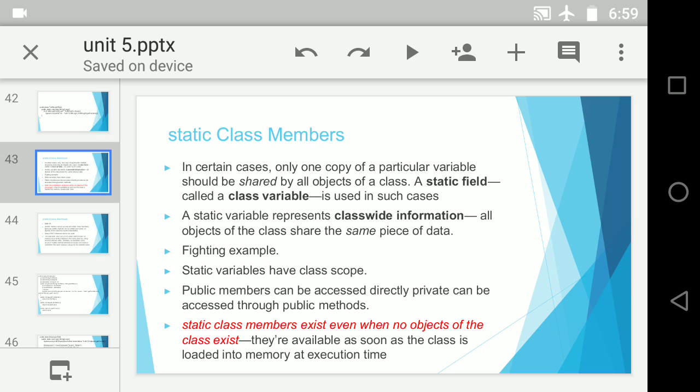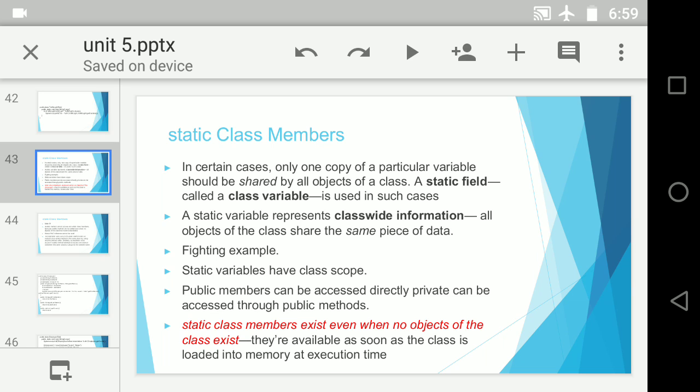Now what exactly is a static method? A static method is a method which works only on static members. Now why is that so? Because static members exist even when no object of the class exists. We know that when we create an object of a class, we create a copy of the class and assign it to an object.